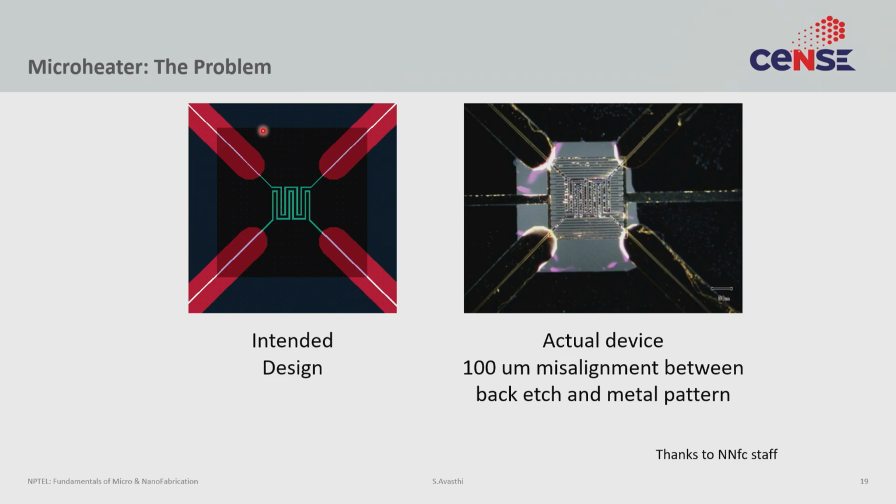And what they were basically finding is that when they actually made the device, this metal grid is not exactly centered, it is biased. I hope you can see that this is the membrane, and instead of being in the middle of the membrane, it's to the side. It's slightly misaligned, fairly large, like the misalignment is 100 micron, that's a very large value.